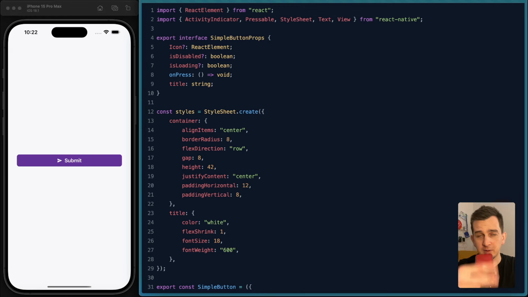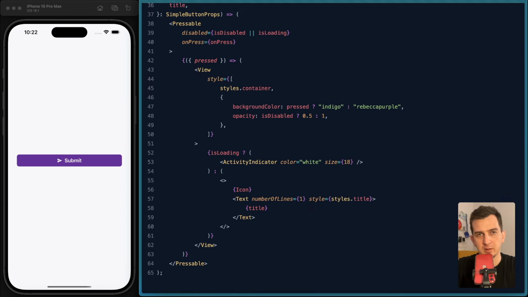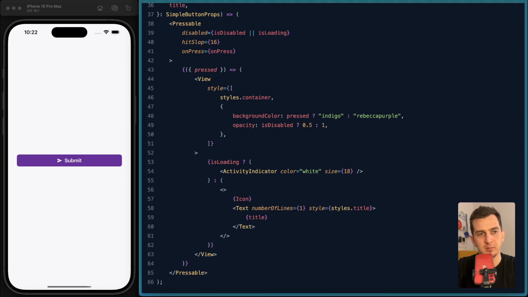Secret tip number 2, hit slop. This property is an absolute lifesaver for people like me. You know, that kind of person who misses the confirm button and accidentally deletes everything. With hit slop, even if your aim is terrible, you can still hit the button. Now, that's almost all, but do you know what we forgot?